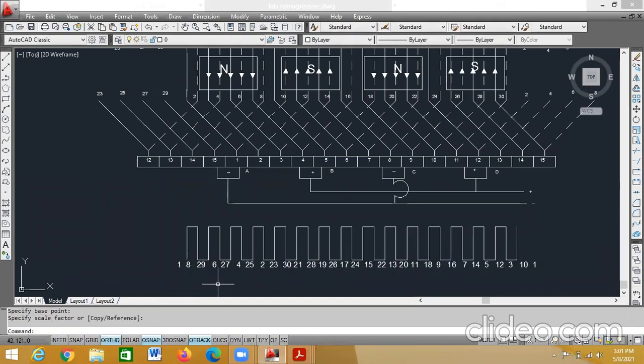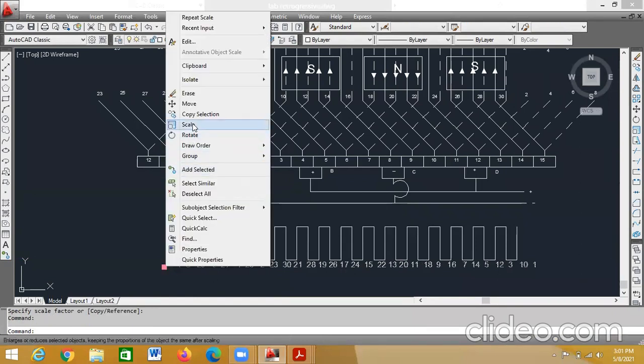You can adjust the scale factor according to your convenience.